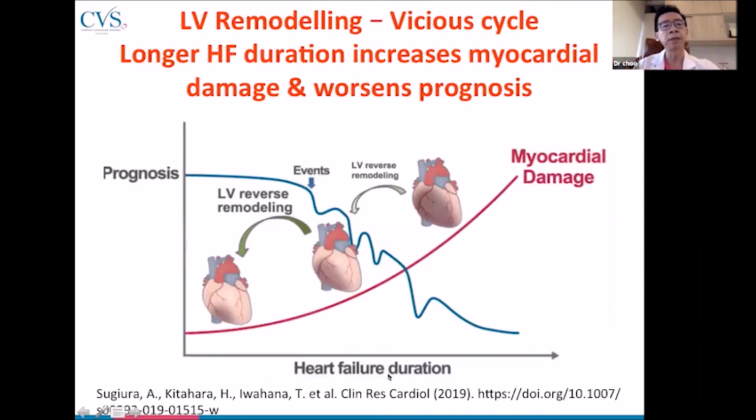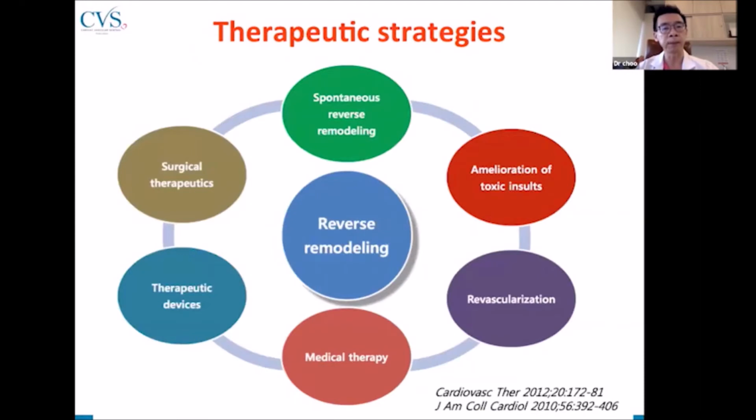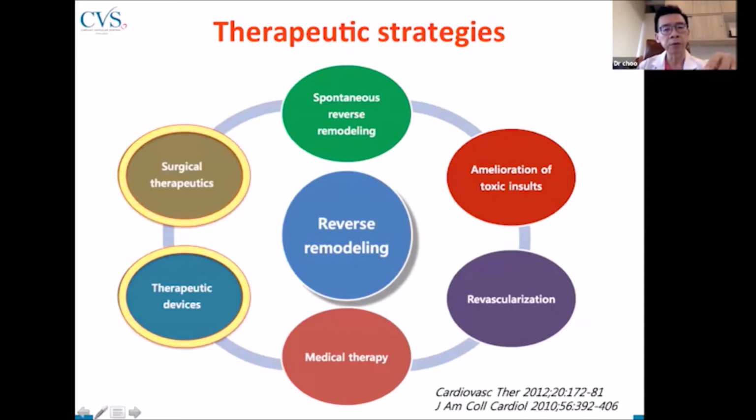So you see that over time, as the heart failure progresses, the heart gets remodeled, gets bigger, gets weaker, and the patient's prognosis gets worse. So whatever treatment we are going to talk about, whether medical, structural or electrical, if you are able to show some reversal of this remodeling of the heart, that might actually predict the possibility of the patient's recovery or improvement. Now we're going to focus mainly on a few strategies like surgery or therapeutic devices, but most of the time will be spent on how to revascularize patients with the most common cause of heart failure,